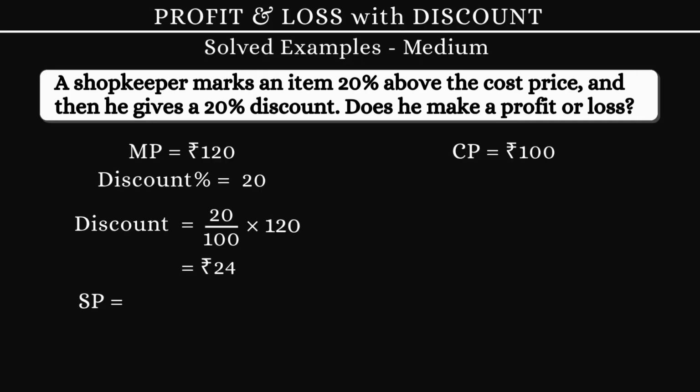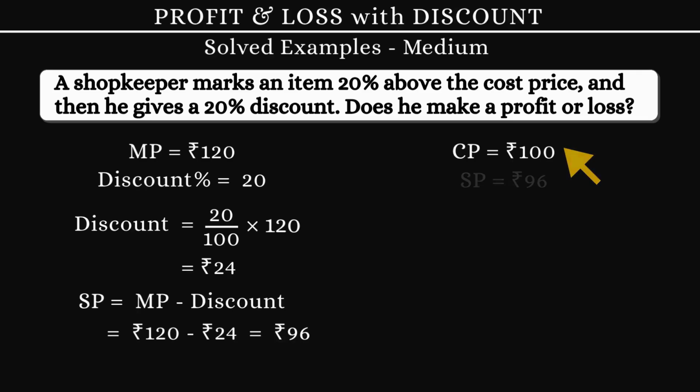So the selling price will be marked price minus this discount. 120 minus 24 will give us 96 rupees. So the cost price is 100 and selling price is 96. So the shopkeeper has made a loss. Let's understand here that increasing by 20% and then decreasing it by the same 20% will not result in the